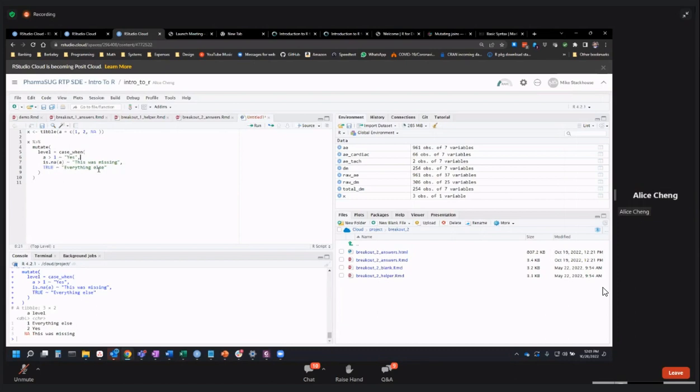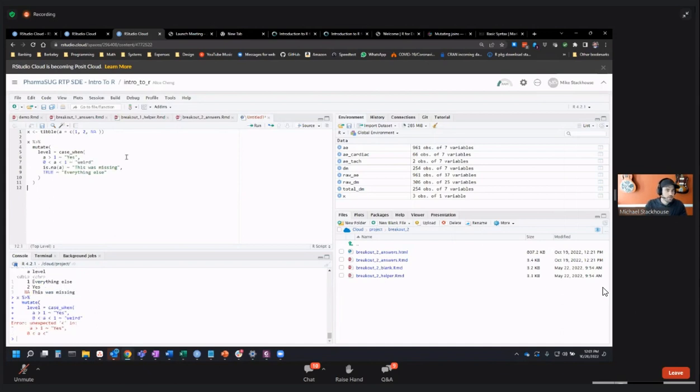And if you want to avoid negative, sorry, if you want to avoid negative numbers, you can say 0 greater than A less than 1 or whatever. You set a boundary, right? You can have an upper bound and a lower bound too, right? So, okay, this won't work. That condition isn't going to evaluate because that's not valid syntax in R. If you want to do that, you would say